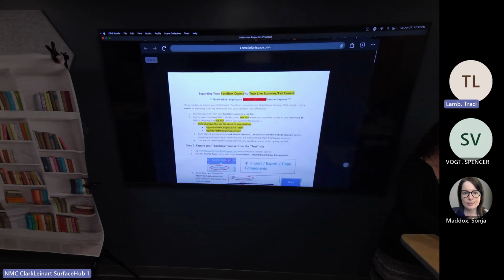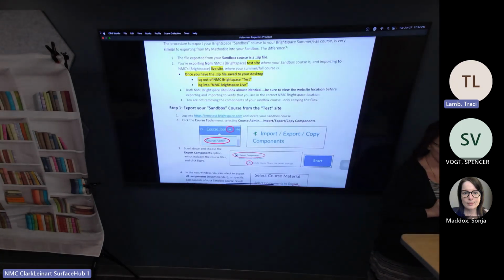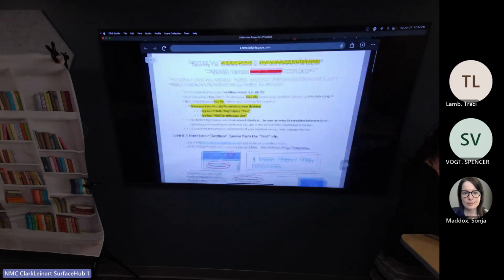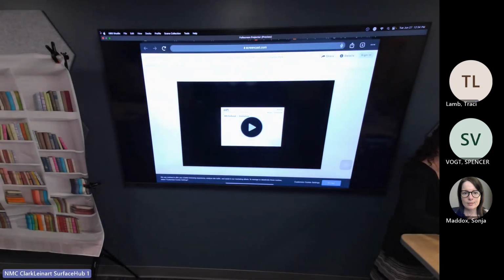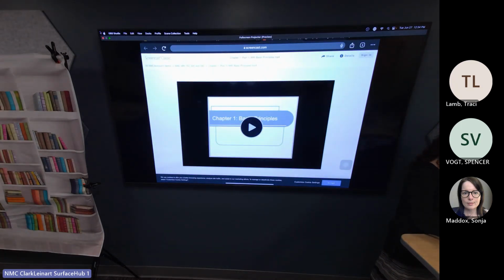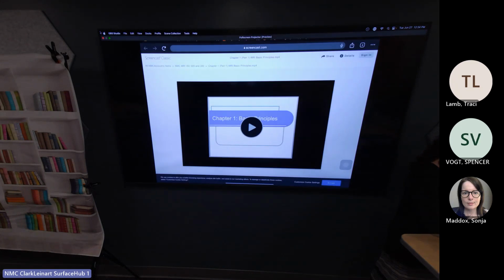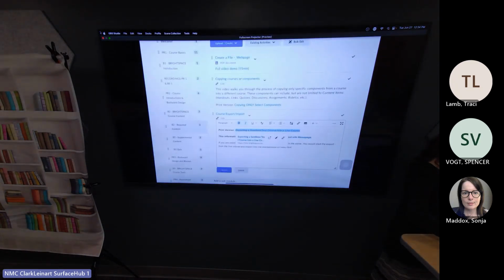Okay. So I could go ahead and build things in this and then export it when it's available, correct? 100%, yes. Go ahead and start. Build away to your heart's content in the test server. It's not going to affect anything. And if it's something that you want to delete and start over, that's why we call it a sandbox, because you can delete it and start over. That's where you can play.